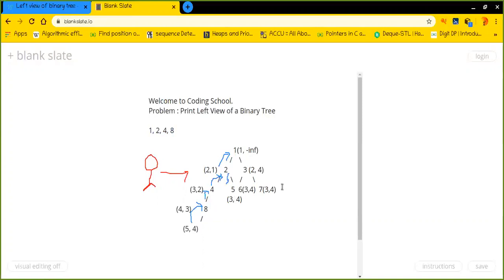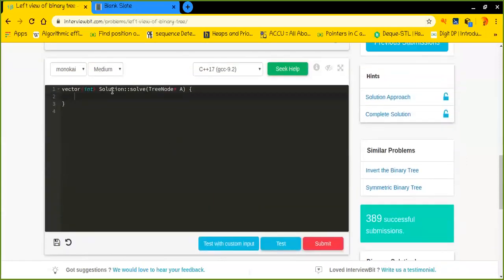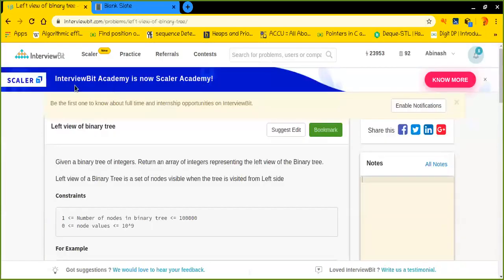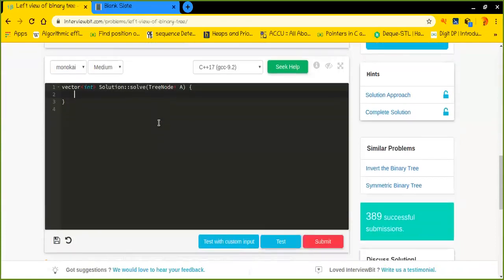I hope you get the solution and the logic behind how it actually works. So let's quickly code this out. Before coding this out, let me erase all this drawing. Okay. So let's code this particular thing. Actually, this particular question is from InterviewBit, and it's a really good question.